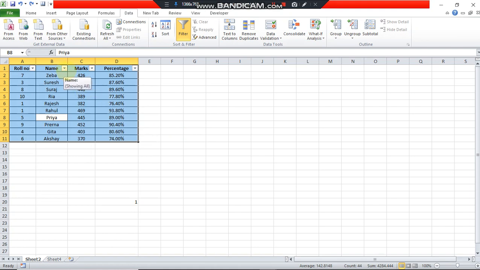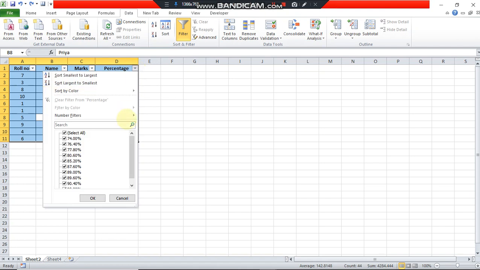Now I'm going to show you how advanced number filter works. This feature is used for manipulating number data in different ways. For example, in a class you want to know the highest as well as lowest scorer. So you will go to marks or percentage. I'm going to show it by taking the example of percentage. First apply the filter. The filter has already been applied. So we are going to click on this small arrow, and the drop down menu appears.